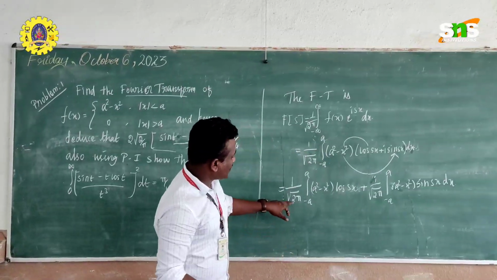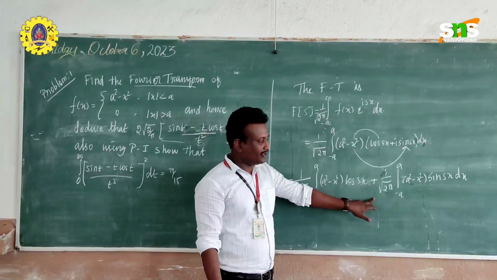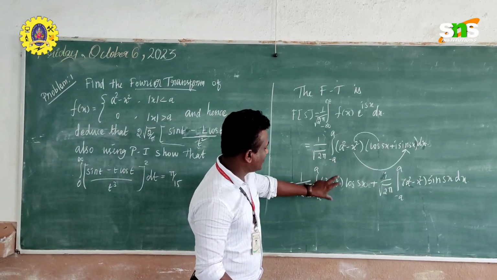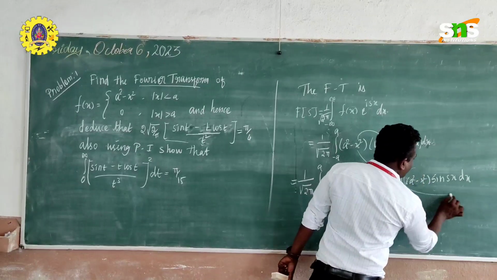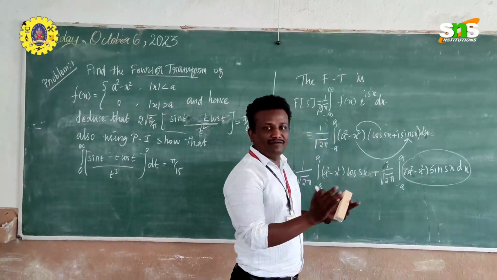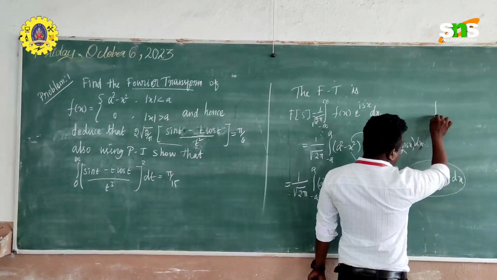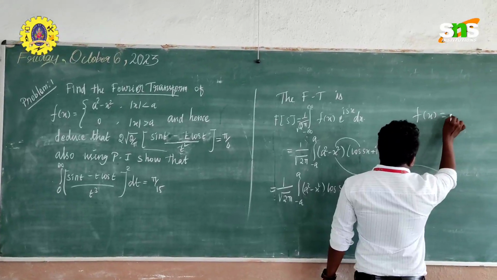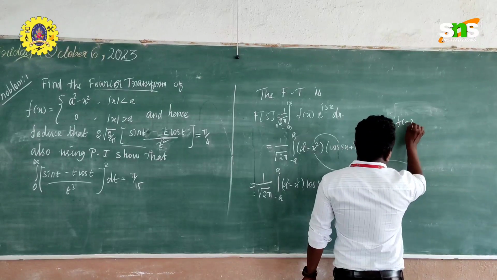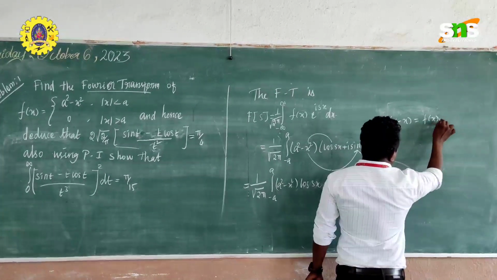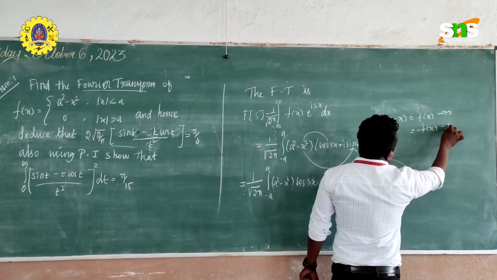So now you can look at here, and this term can be separated into two, right? So here what you have to do, you have to check whether the given functions are odd function or even function. First I am going to check this function, whether the entire term is odd function or even function. To check whether a function is odd or even, what is the formula? Sorry, we have to calculate f of minus x. Then if we get f of x, then it is even. Suppose if we get minus f of x, then it is odd.